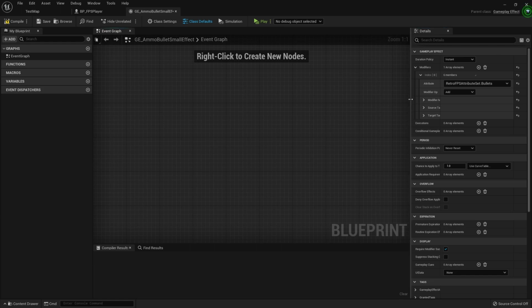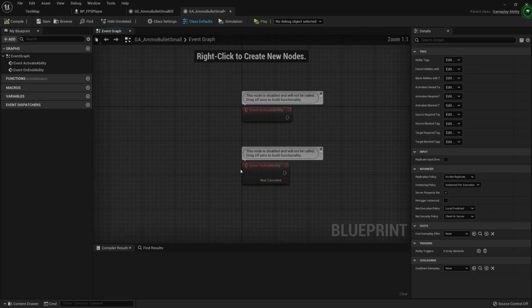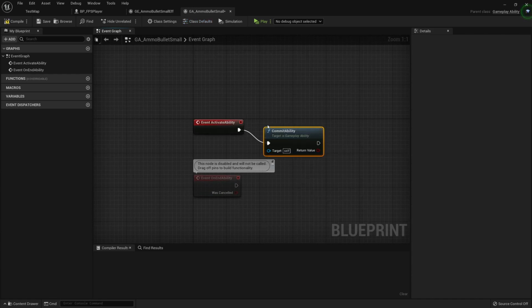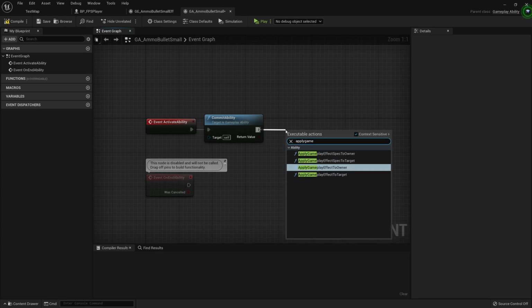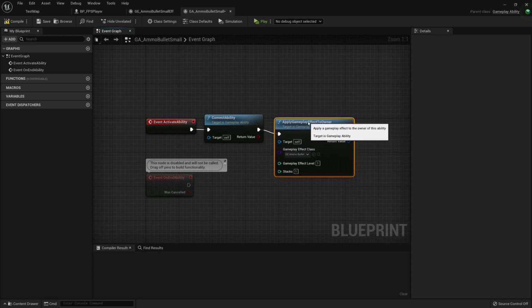And we are making the magnitude equal to 8. And then if we go back and we open the gameplay ability, it's really just as simple as commit ability and then apply gameplay effect to owner. And then we just select the ammo bullet small effect.